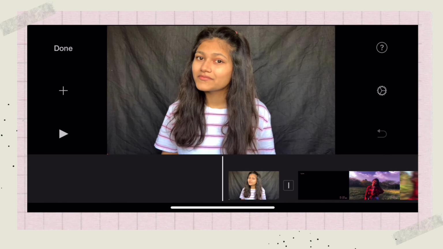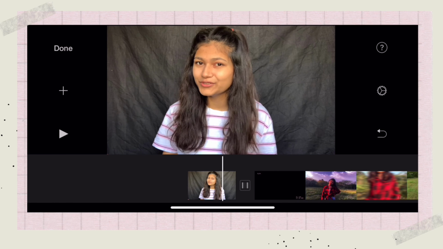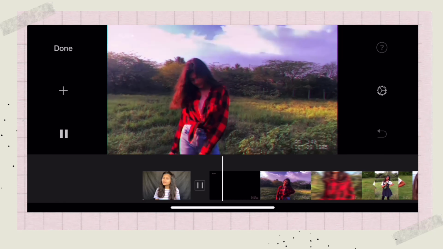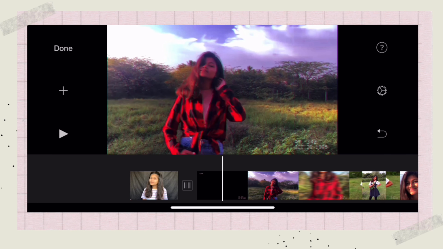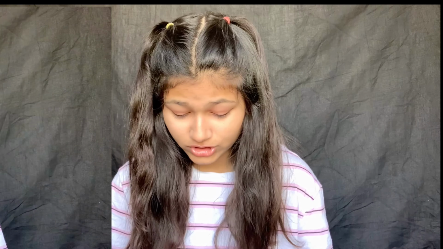Once you've done this, then comes the creative part wherein you add sound effects, transitions, text, music and all that jazz. So let's start with the transitions first. I'll show you how I put transitions. For adding transitions, you see this thing between two consecutive clips. You tap on that and you see all the transitions to choose from. Also, the transition depends on the length of your clip. If your clip is short, then you may not have many options available. And that's it. Moving on to sound effects.